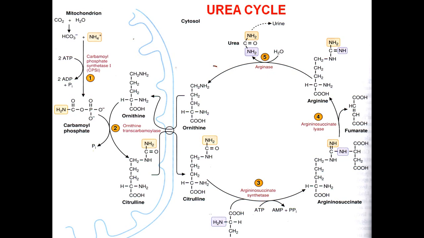This argininosuccinate formation requires citrulline and aspartate. Citrulline and aspartate react by the action of the enzyme argininosuccinate synthase and get converted to argininosuccinate, and argininosuccinate by the enzyme argininosuccinate lyase is converted to arginine and fumarate, and by the action of the enzyme arginase it is cleaved into ornithine and urea. So this is how urea is formed, and ornithine, which is used in the second reaction of the urea cycle, is regenerated at the end of the cycle and is used again in the second reaction.